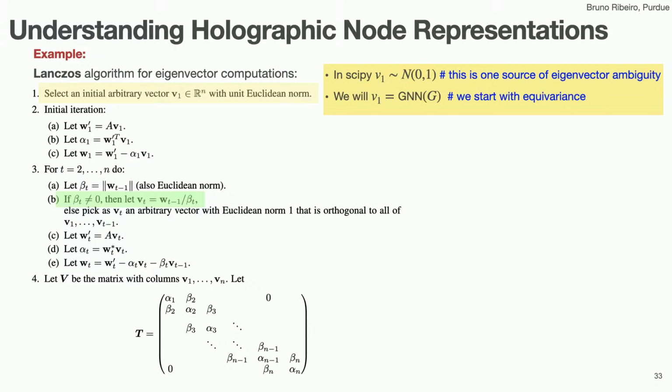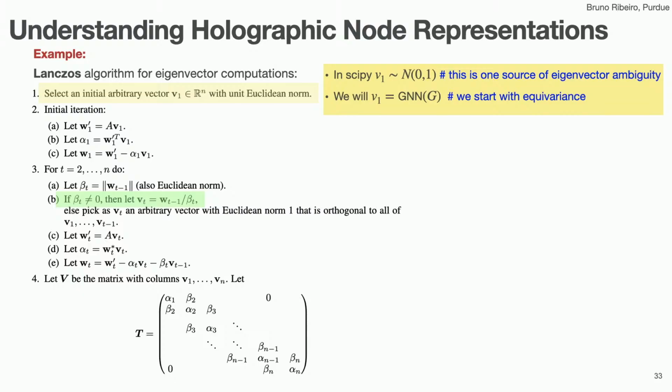Okay, so to explain this, I'm going to use eigenvectors. We are going to do this with the Lanczos algorithm for eigenvector computations. So how does Lanczos work? First, you start with some random vector. In SciPy, this vector is a standard normal that it randomly samples. And this random sampling breaks all symmetries of the graph. That's how the algorithm starts, breaking all symmetries for no reason, because you don't have to break all symmetries. You don't know if you need to break any symmetries. So there is no need to do that, but it's easier, right?